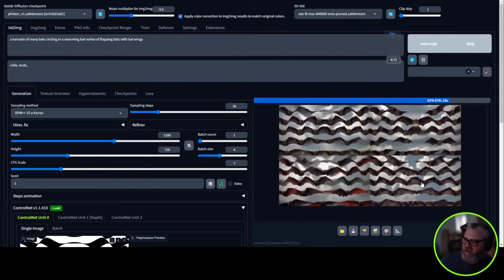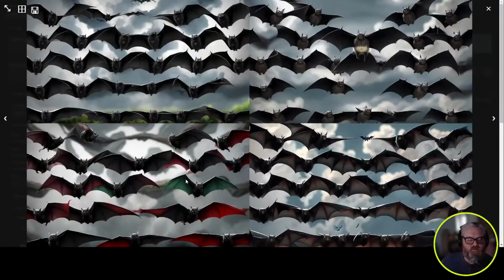Just rows of bat. Connected bat. Excuse me, I believe I asked for bats. I'd like more bats. Give me more bats. I'd like a lot of bats. These bats are all connected. Just a big giant connected bat.